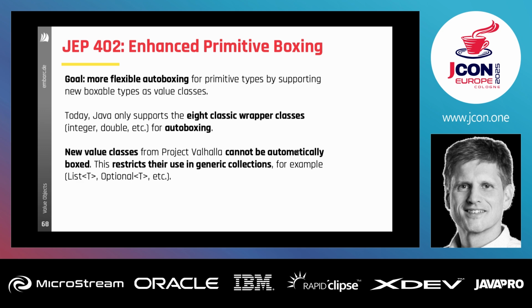And then we will have a List or Optional, for example, of type value class or of type primitive. A very early example from the early draft is that we have a value class UnsignedInt here, and we have to annotate it with @PrimitiveBox. I don't know if that will be the final syntax, but maybe that's the best idea they have at the moment. But then we can say that there will be auto-boxing between int and the UnsignedInt value class, which we have here.